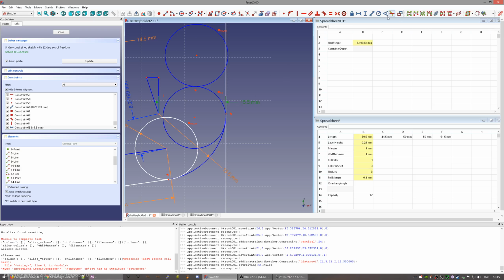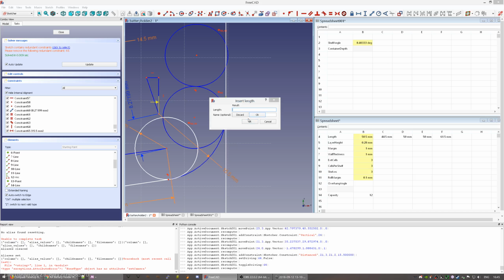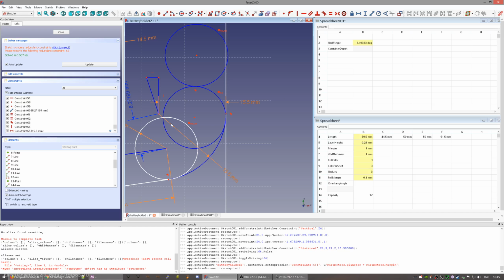This I actually don't want to be a reference, I want it to be a real constraint. Parameters dot diameter plus parameters dot margin. This makes sure that